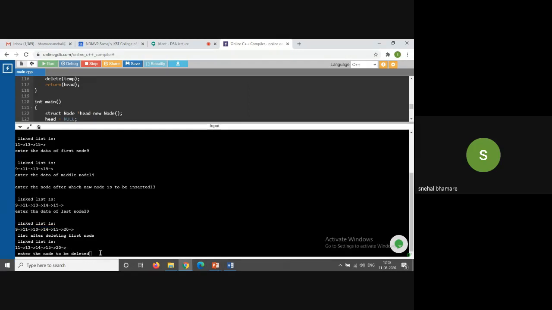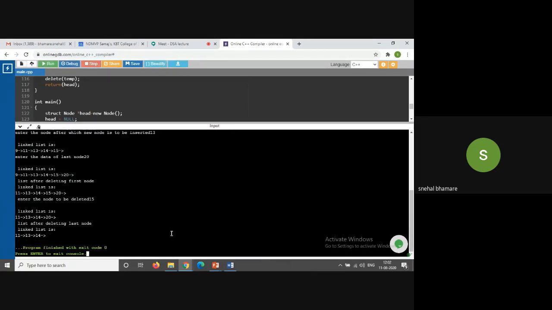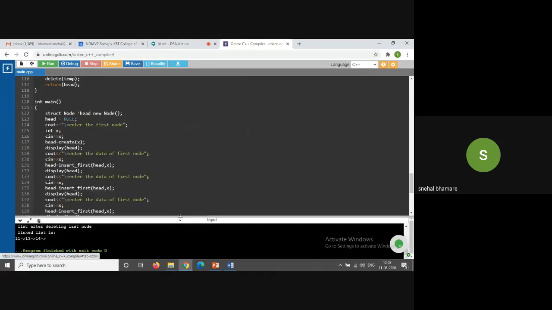Now enter the node to be deleted, let's say 15. After deleting the 15 node, your linked list was 11, 13, 14 and 20. And after deleting the last node, that is 20, your linked list became 11, 13, 14. So got the basic concept of singly linked list and its operations, everyone?